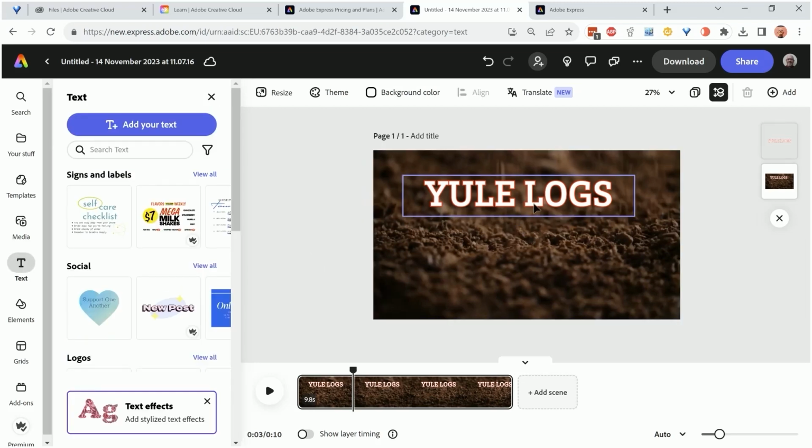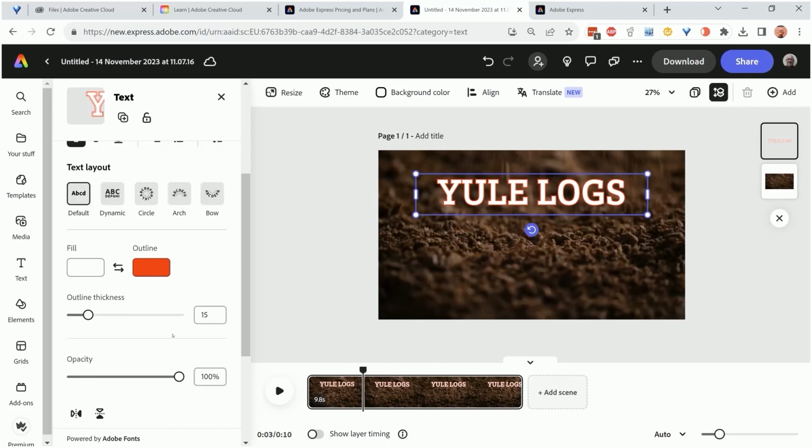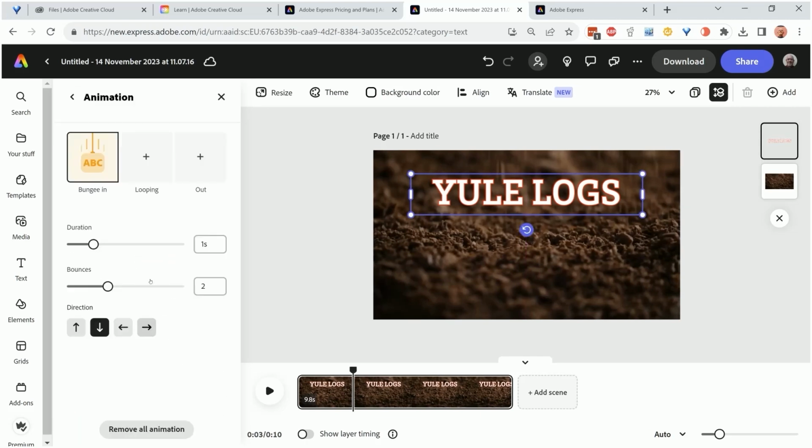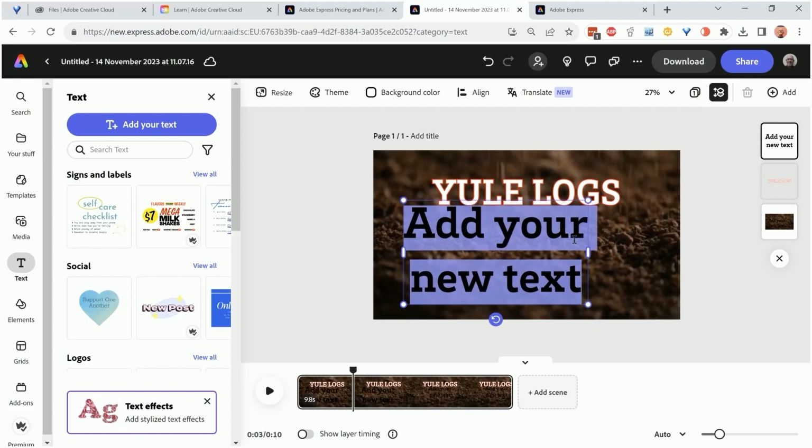So it's done with the text. So we'll make sure that's centered. Yep. And we can maybe increase the duration. So then that's one layer of text. Yeah, so we're going to add some more text. Again, let's default it to the black. We'll just make that a little bit bigger. And we're going to say